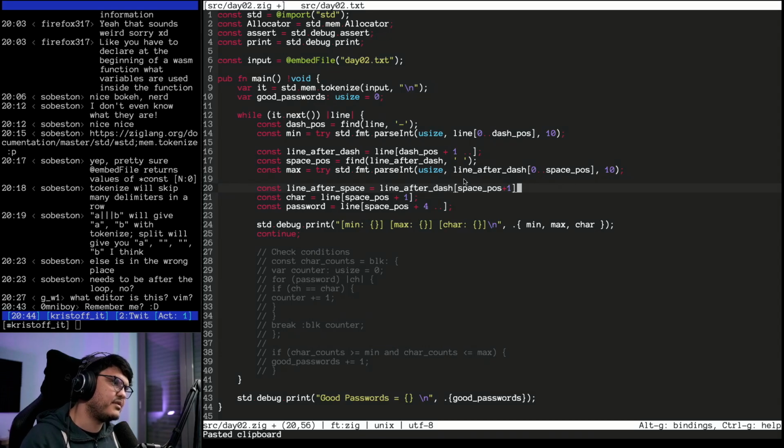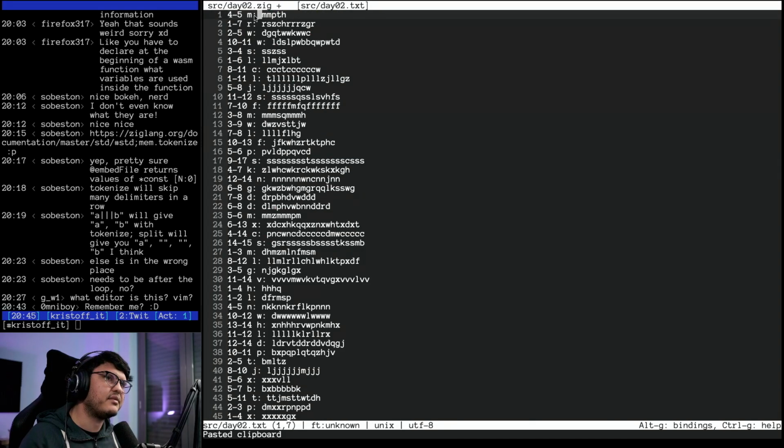plus the offset where the space is +1. And now here we can do char is the first character. It's line after space immediately. And then password is line after space. No, wait. Character is not immediately after the space.